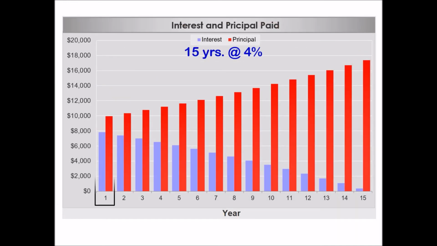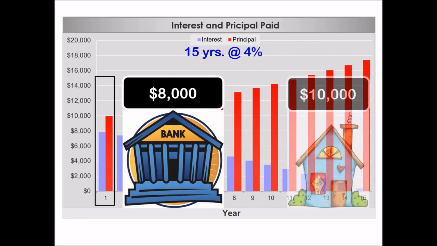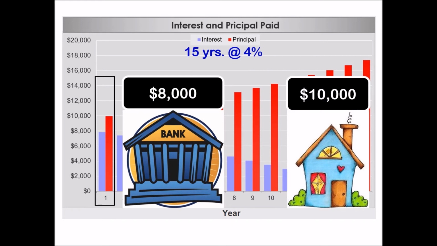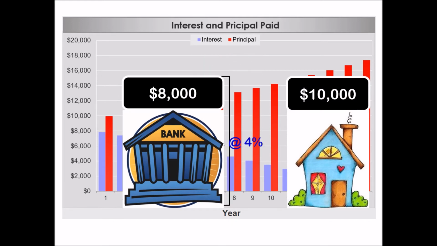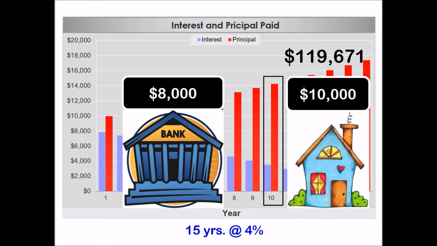With a lower rate and less time, I start off right away putting more money towards the house itself than giving it to the bank. And project that forward 10 years, and you see I have close to $120,000 in my pocket when I go to sell the house and owe the bank just $80,000. And during that same period of time, I've paid about half to the bank as I did with a 30-year loan.